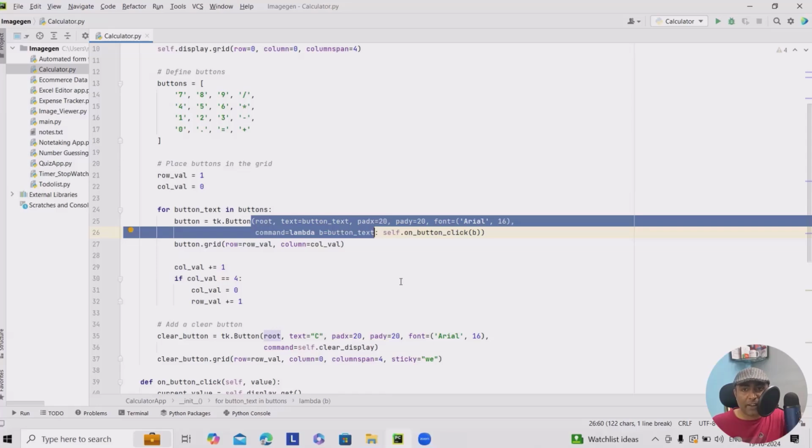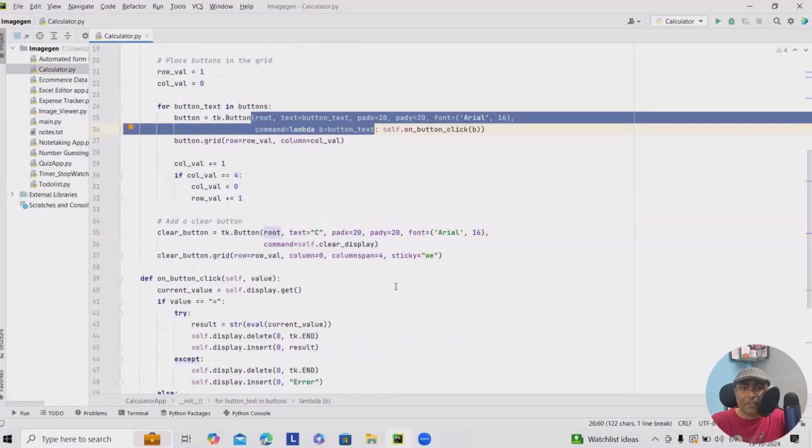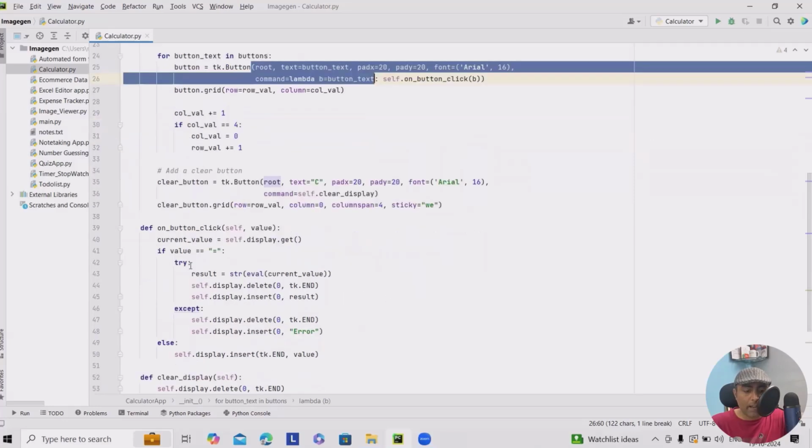We need to define functions that handle button clicks. Let's create the function on button click. This will handle everything from displaying numbers to performing calculations. When the equal sign is pressed, we'll use Python's eval function to evaluate the expressions. We have try and except blocks within the if-else conditions and